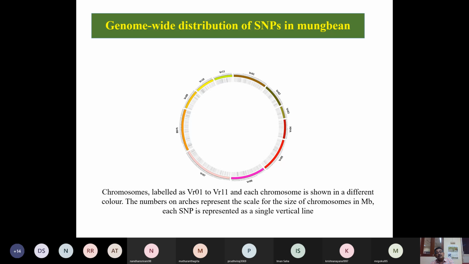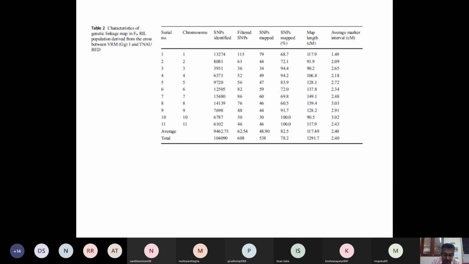I already told you that for each chromosome, the SNPs are uniformly distributed across each NB region. That is another thing for checking the reliability of the map. Then, in one more table, which you always have to look at in any paper when you read about linkage maps, you see how many SNPs were identified for each chromosome.